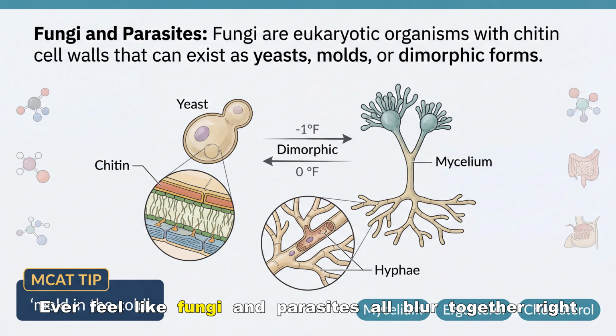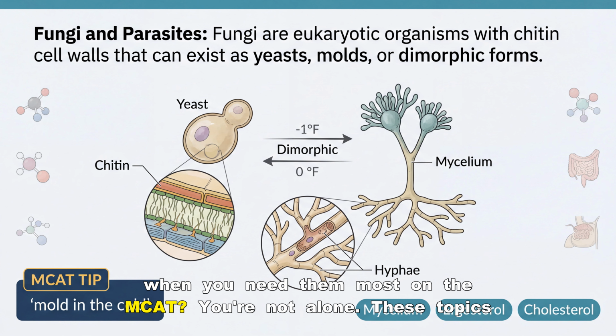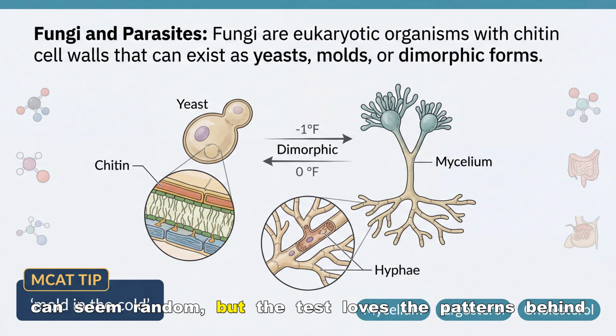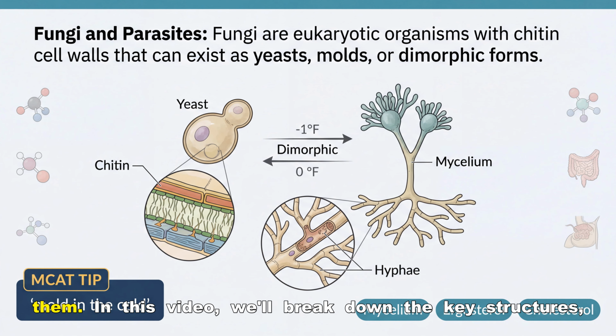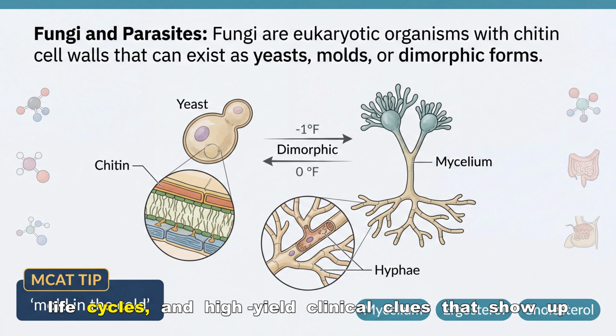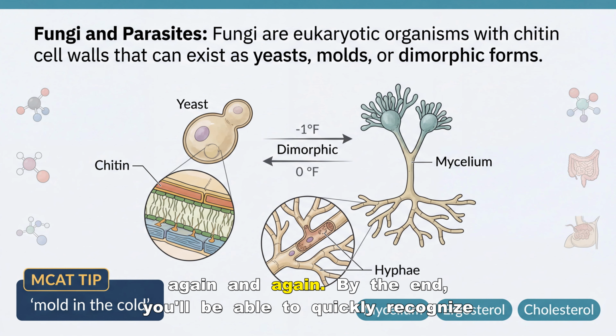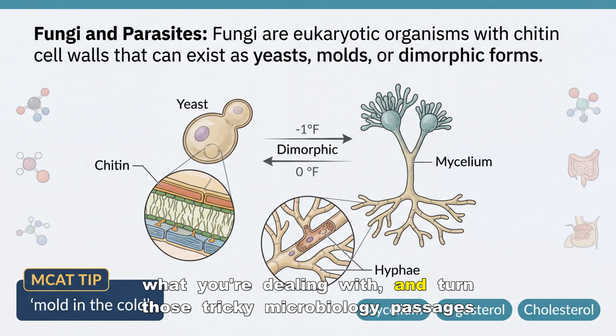Ever feel like fungi and parasites all blur together right when you need them most on the MCAT? You're not alone. These topics can seem random, but the test loves the patterns behind them. In this video, we'll break down the key structures, life cycles, and high-yield clinical clues that show up again and again. By the end, you'll be able to quickly recognize what you're dealing with and turn those tricky microbiology passages